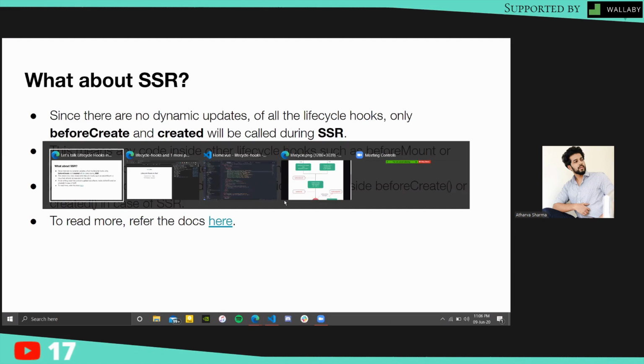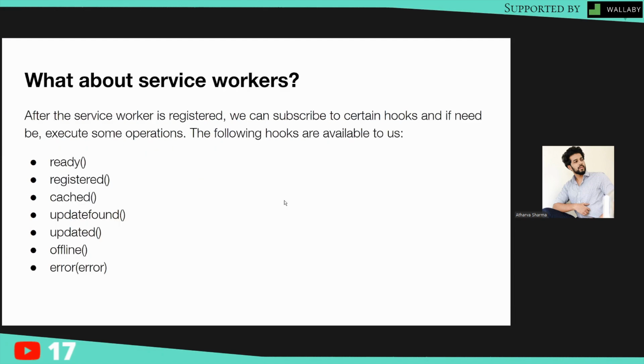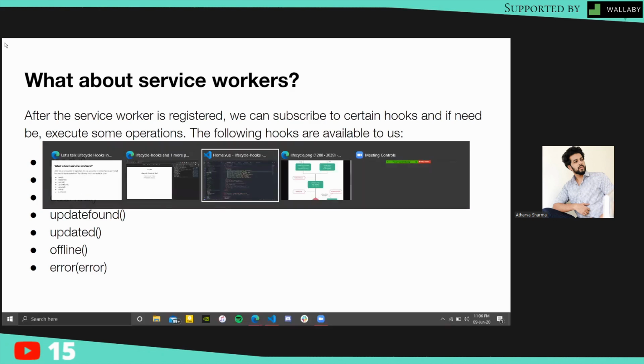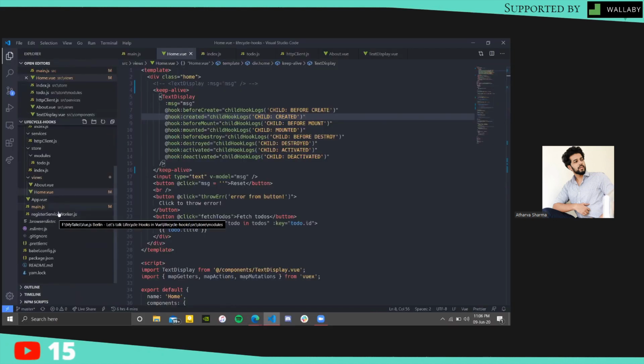So let's talk about the next thing. What about service workers? After the service worker is registered, we can subscribe to certain hooks and, if need be, execute some operations on these hooks. The following hooks are available to us: ready, registered, cached, updatefound, updated, offline, error. And you can see all of them inside your registerServiceWorker.js.